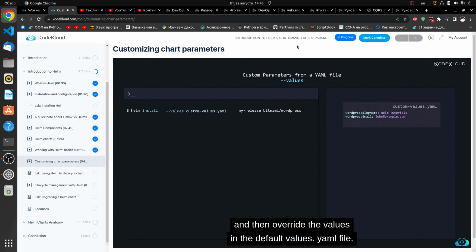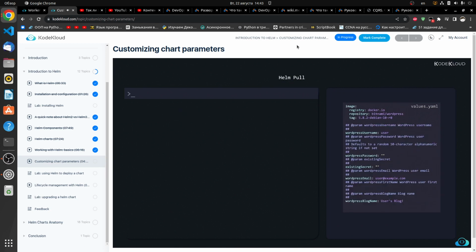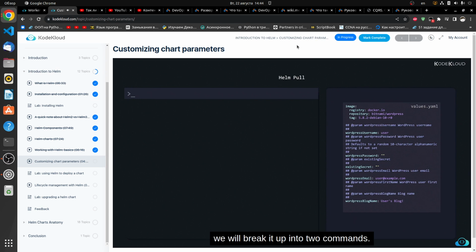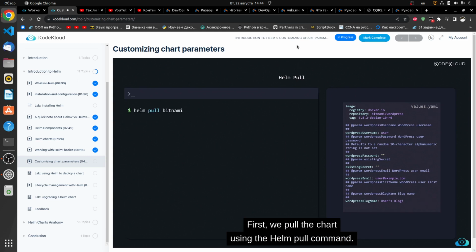This is going to now pick the values from this custom-values file and then override the values in the default values.yaml file. And finally, what if we really want to modify the built-in values.yaml file itself instead of using the command line option or the custom values file? So instead of running the helm install command, we will break it up into two commands. First, we pull the chart using the helm pull command. Now this will pull the chart in an archived or compressed form, and then you will have to unarchive